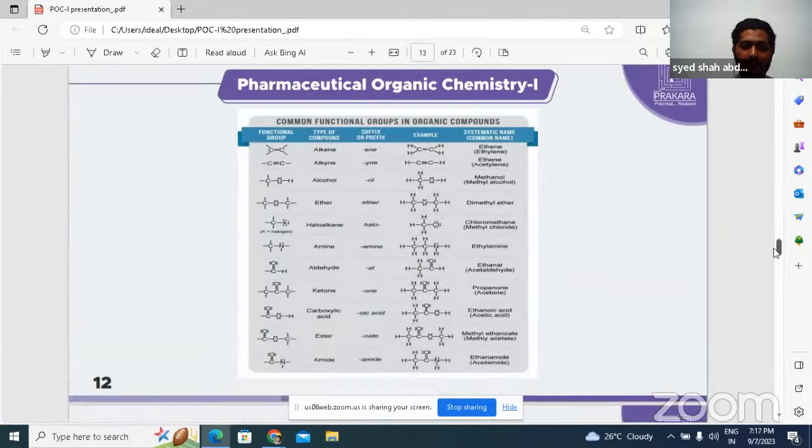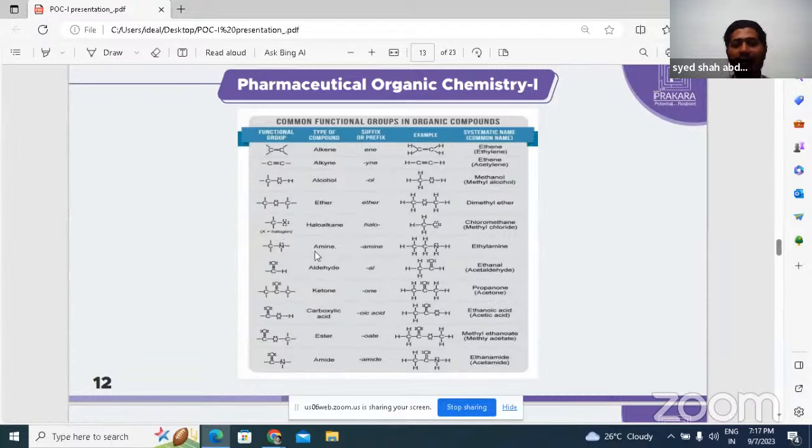Like here I'm having this one. So compounds having a double bond, we call them alkenes. When they have a triple bond, alkynes. When there is a hydroxyl, alcohol. When there is oxygen connected between two carbons, we call those ethers. And when there is a halogen, a group 17 element like chlorine, fluorine, bromine, iodine, we call them